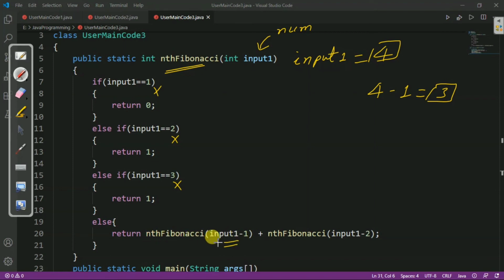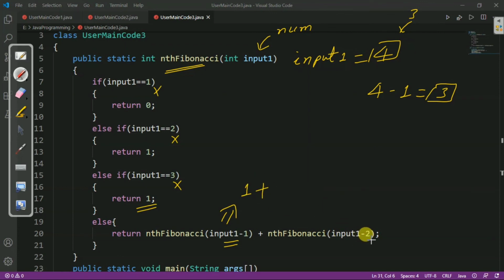So nthFibonacci of 3, here input1 will be updated to 3. So here we can see that if input1 equal to 3, then we will return 1. So this will return 1, and after that plus nthFibonacci of input1 minus 2.